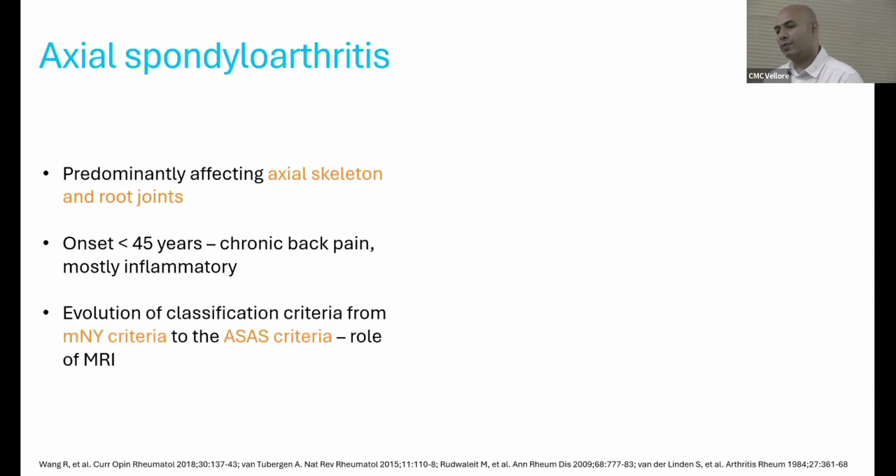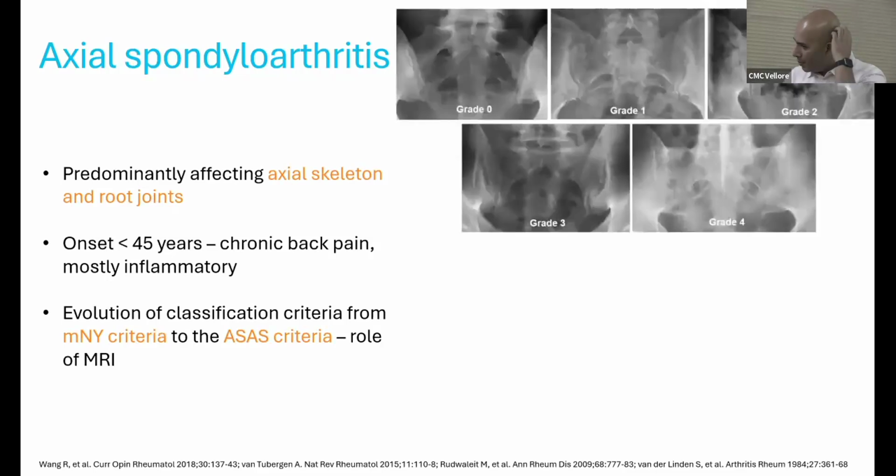Now, over the years, like what I said, with the evolution of technology, with the evolution of imaging, we've got to understand this aspect a lot better. What used to be starting with X-rays way back in the 84s, which is the modified New York criteria, has shifted towards MRI now, because we have a whole lot of early pickup of disease thanks to the MRI, and that's when we had this ASAS criteria and the classification criteria, which came up in 2009. Because at this level, I think it's important to go through these radiographic grades, because this is actually what we fall back on for most of the